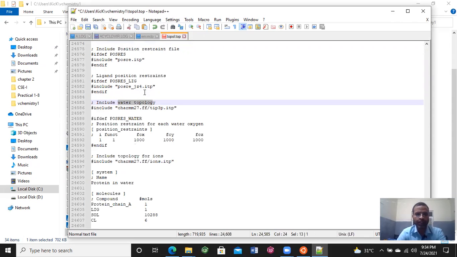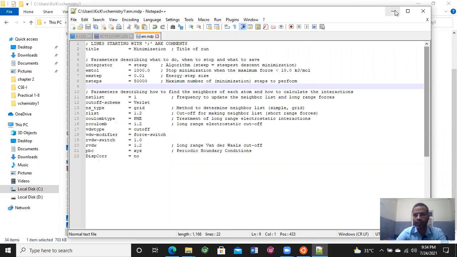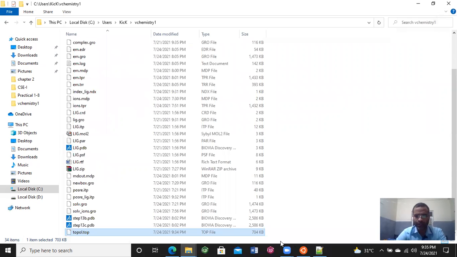Since we have renamed our ITP file as posre_lig, rename it as lig. Now save the topol.top file, just close it and move to the next command.